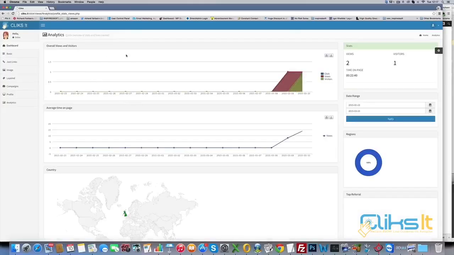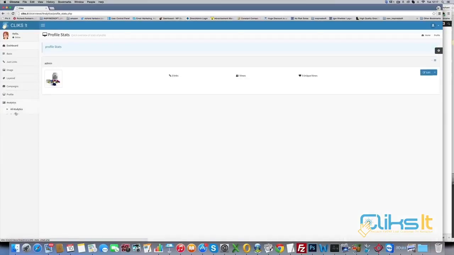You've got analytics, full analytics where you can see overall visitors and views, average time spent on the page. You can see the top referral from the different social networks. You can see the different regions, and you can see that by profile, campaign,